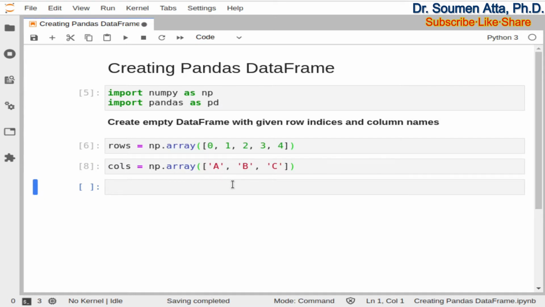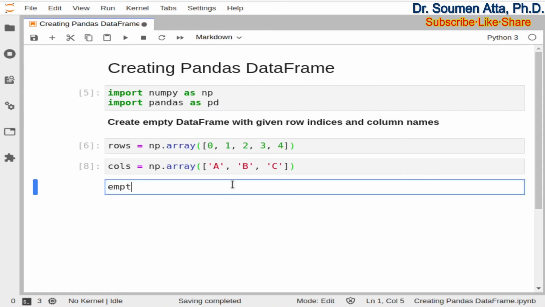Now I will show you how to create an empty data frame with these given row indices and column names. Suppose the name of the empty data frame is emptydf. emptydf equal to pd.DataFrame. Within the round bracket you need to mention the data. You want to create an empty array of the size specified by the size of the rows and cols variables.